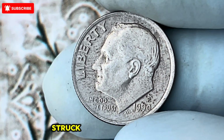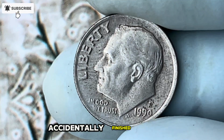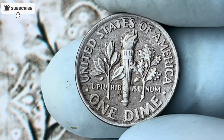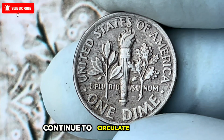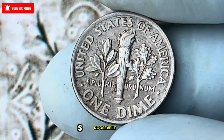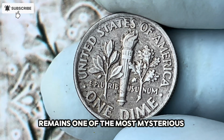rarer version struck using a business strike die set accidentally finished to proof standards. This variant, if it exists, has yet to be definitively confirmed, though whispers of such a specimen continue to circulate among high-end collectors. As of today, the 1990 NOS Roosevelt dime remains one of the most mysterious and coveted coins